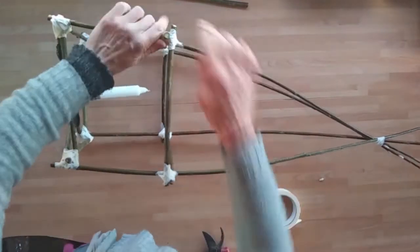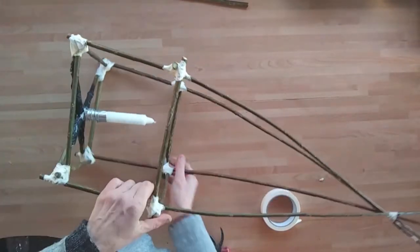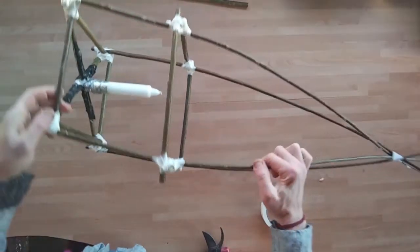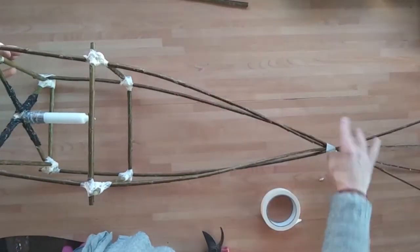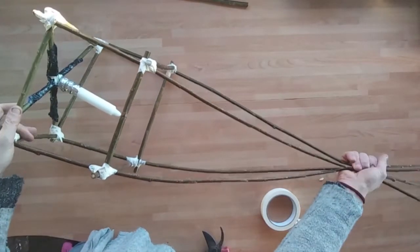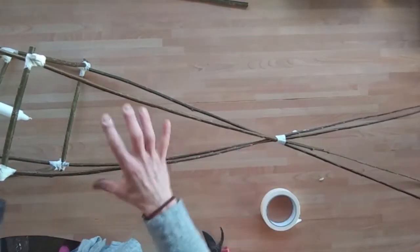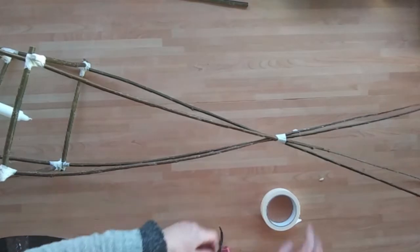Right, there we have it. So the lantern is now a nice shape. Tapers in there, lovely, really beautiful shape to it. What I'd like to do now is, in this section, instead of it just going straight up to a point in the middle, I'm going to take this